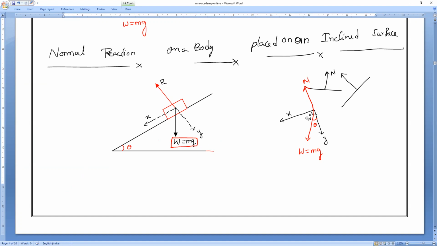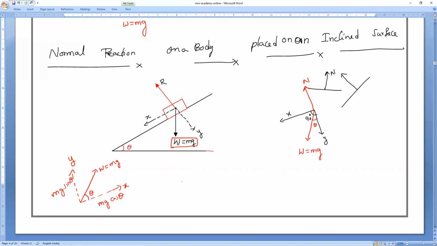Now I am introducing a concept on how to find theta. Whenever the weight is acting inclined to the surface, the resultant force is acting inclined to the surface. So the weight is mg, acting on the inclined surface. If theta is here, this component turns into mg cos theta and the opposite one turns into mg sin theta. Is it okay, guys? The force in the y-axis and the force in the x-axis. Clear?